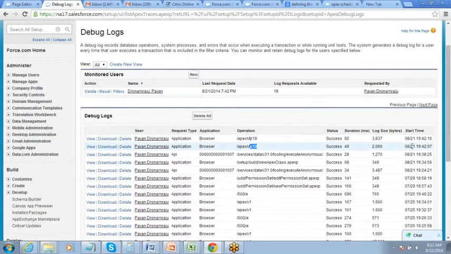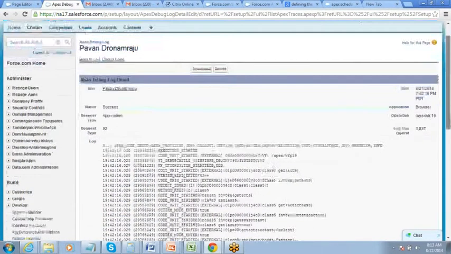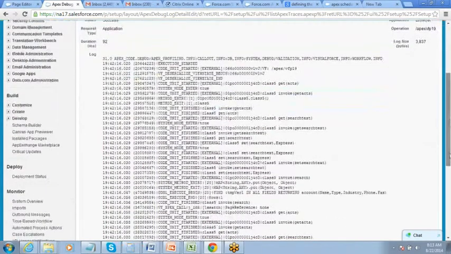Log size, start time, everything is mentioned here. So I think I performed this thing twice. There's the user, view the debug logs, execution started, what all happened, entire detail.